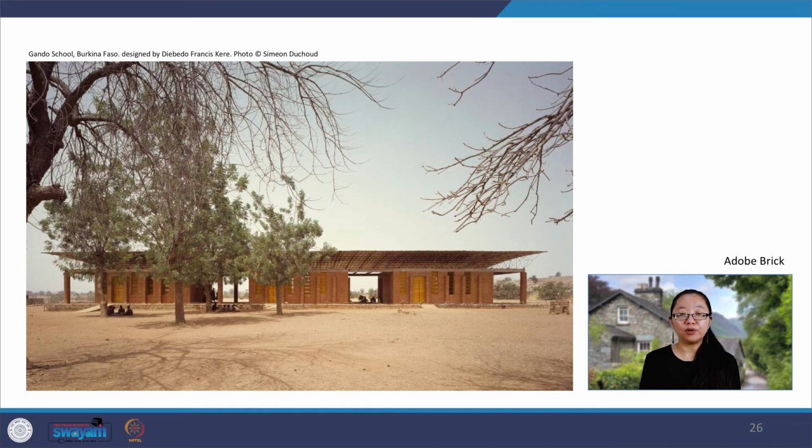project using adobe brick. The project is the Gando Primary School in the province of Boulgou in the east of Burkina Faso. The school was built as a solution to poor lighting and poor ventilation, a problem found in many educational buildings in the area. Francis Kéré created a design that resolved these issues directly within the parameters set by cost, climate, resource